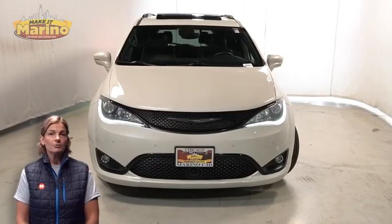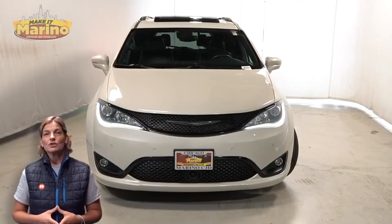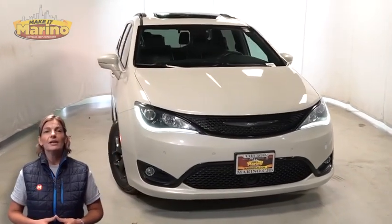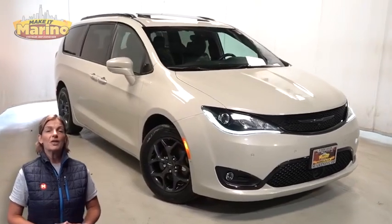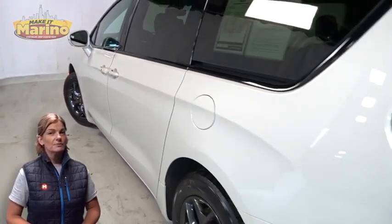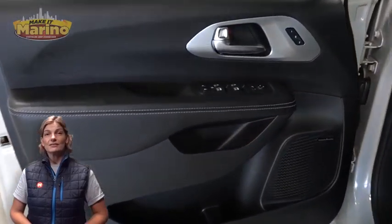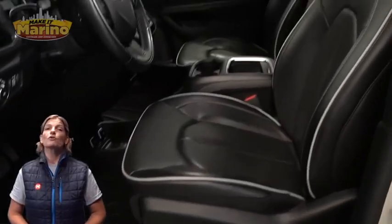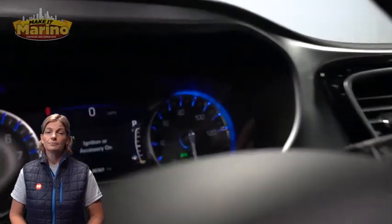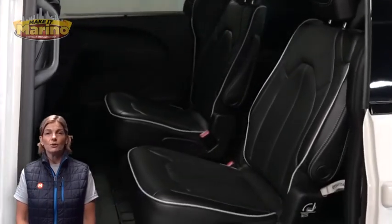Looking for a highly equipped family vehicle with all the right options and reliability? We'll take a look at this 2020 Chrysler Pacifica Limited in luxury white pearl. With HID headlamps, front fog lamps, 18-inch aluminum wheels, black stow-in-place roof rack, LED tail lamps, heated and ventilated front seats, heated steering wheel, 48,000 miles on the odometer, 8.4-inch touchscreen, navigation, rear backup camera, dual zone temperature control, heated